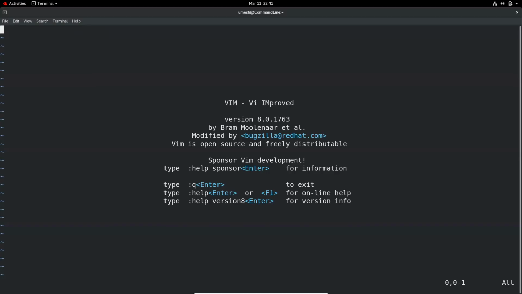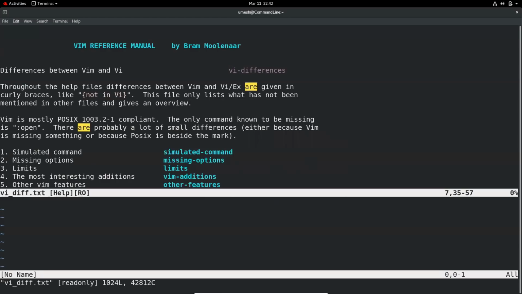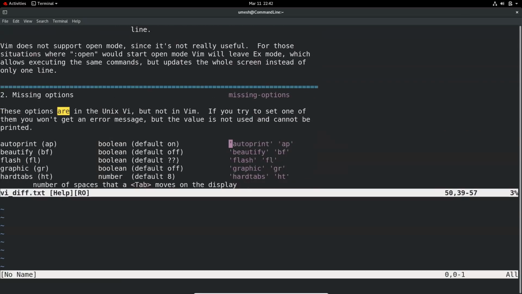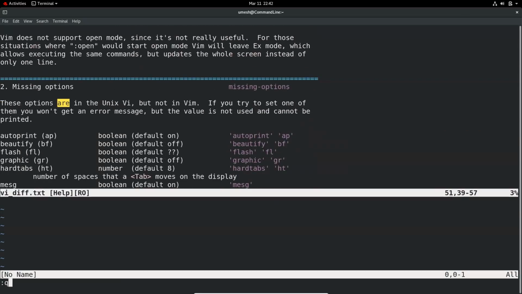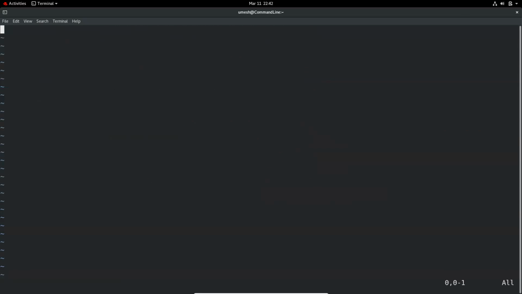So you can go to the command mode using escape, which we will talk about in detail later, and escape :help vi-diff. So it says differences between VI and Vim. You can go through all the help menu and escape again, :q to quit from that.